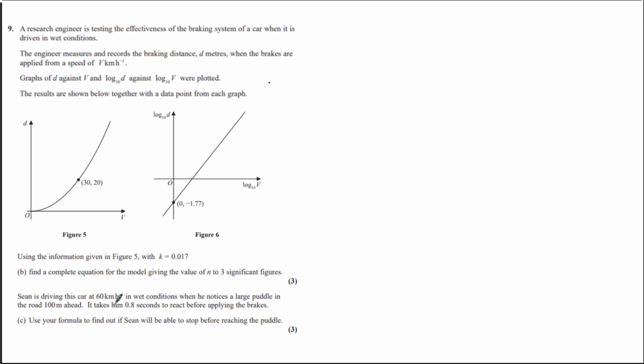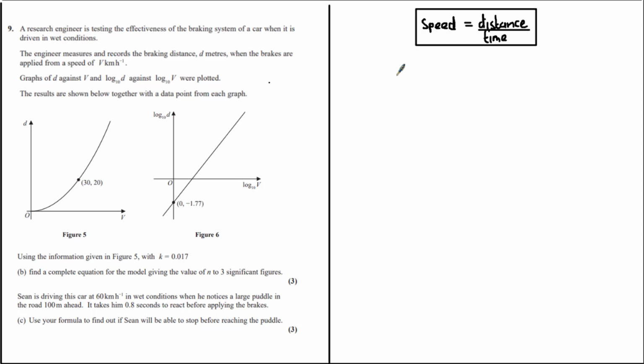So we're told that Sean is driving at 60 kilometers per hour and it takes him 0.8 seconds to react before applying the brakes. So from these values we can calculate the thinking distance using our famous formula: speed is equal to distance divided by time. However, we've been given the speed here in kilometers per hour and we need to work out the distance in